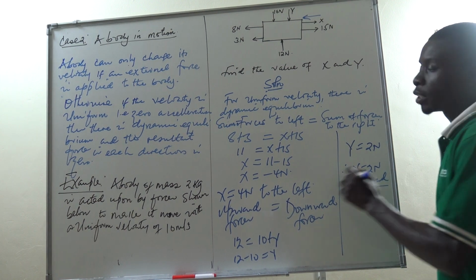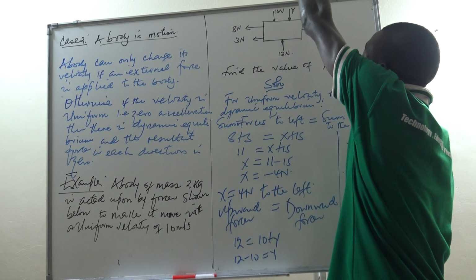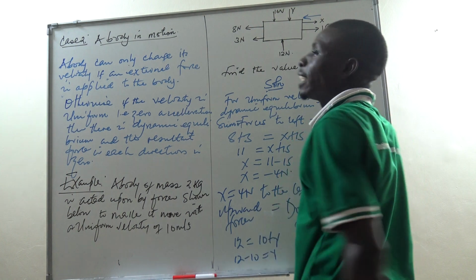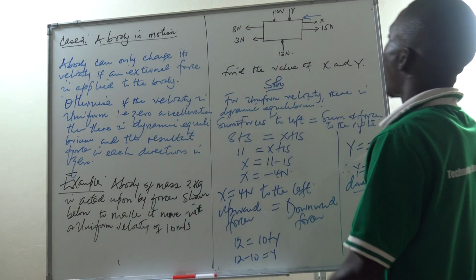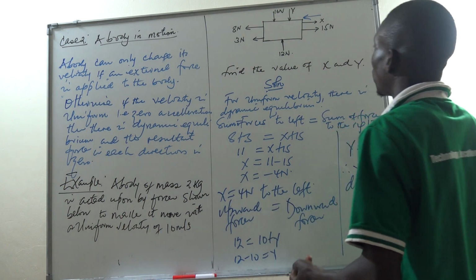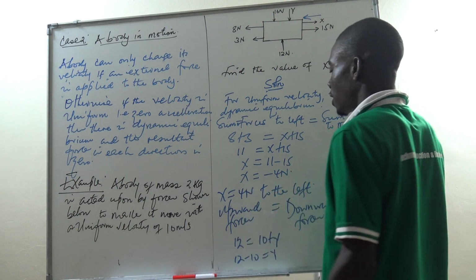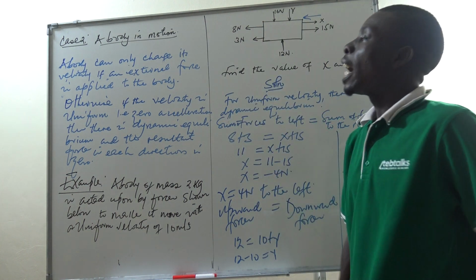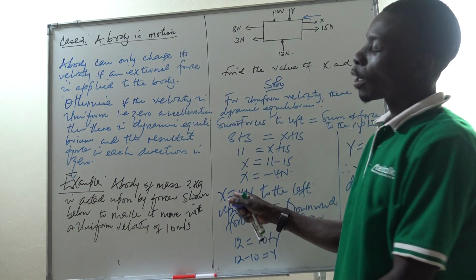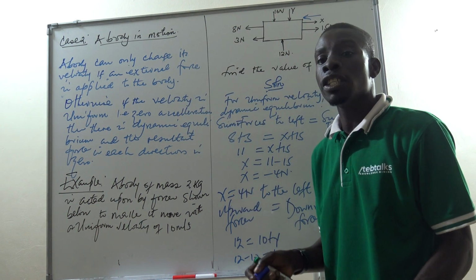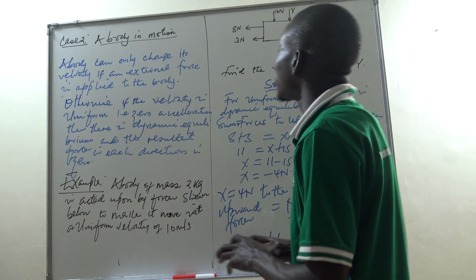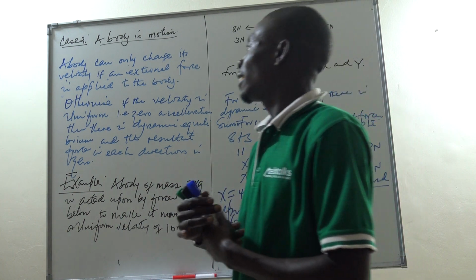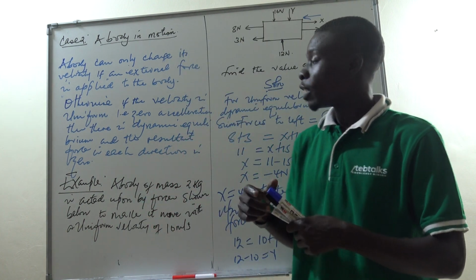So if we get it as a positive, it implies that it is very true that y is supposed to go down. But if we had gotten it as a negative, it would imply that the force y is supposed to act in the reverse direction, like we have done to x. That we got x as a negative, the implication was that it should act in the opposite direction. And if I say to the left, I should no longer write the negative here, because the negative is implying the direction which is to the left. Now let's meet for the next part, or the next law of Newton.